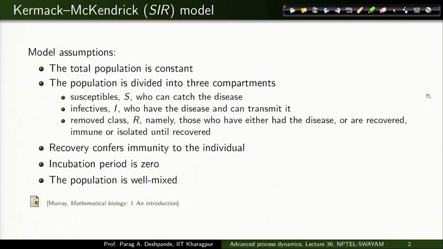So, let us look into the first and the simplest model, and the model assumptions are here in front of us. This particular model is the famous SIR model. It was put forward by Kermack and McKendrick as early as in 1927. So, it is around 95 years that this particular model has been around, and since this was the first model that attempted to describe the dynamics of infectious diseases, obviously this was a simple model